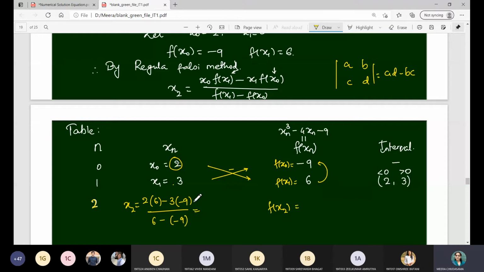One point eight. 1.8. 1.8 has to be between 2 to 3. 2 to 3 इंटरवल में आप रूट फाइंड आउट कर रहे हो तो वो 2 to 3 में रहना चाहिए. 1.8 is incorrect one. 2.6 will be the correct answer. 12 plus 27 divided by 15, ये इवेल्युएट करना है आपको और फिर f of x2 वैल्यू फाइंड आउट करना है, जहां पर आपको xn की जगह रखना पड़ेगा 2.6.